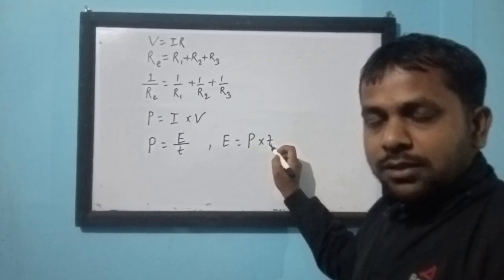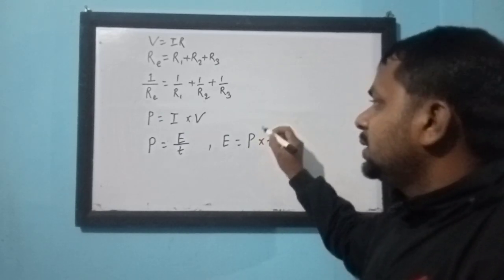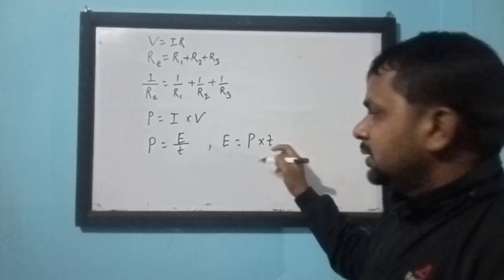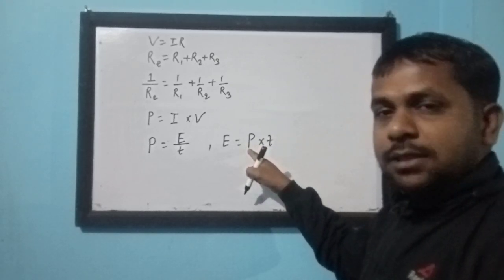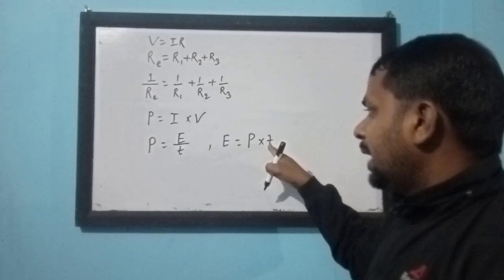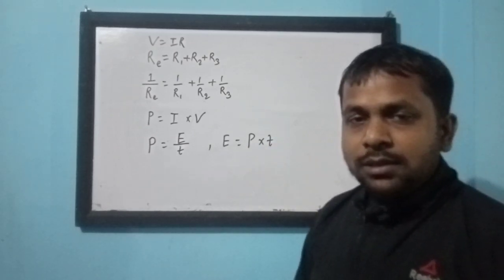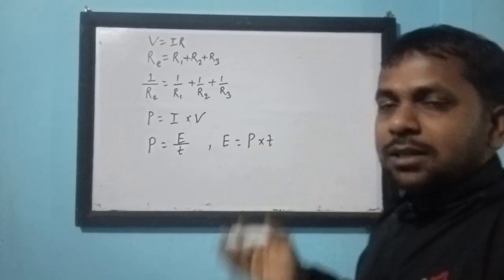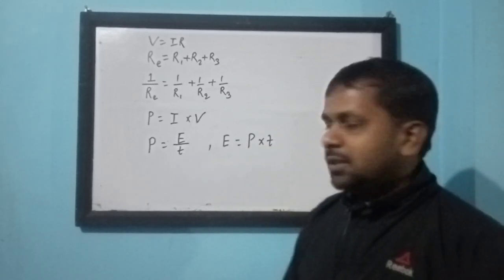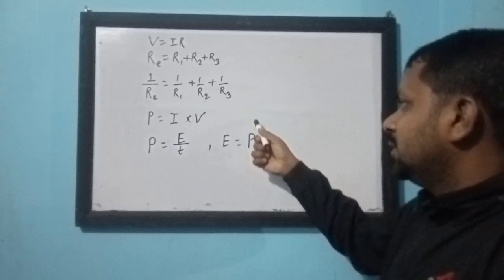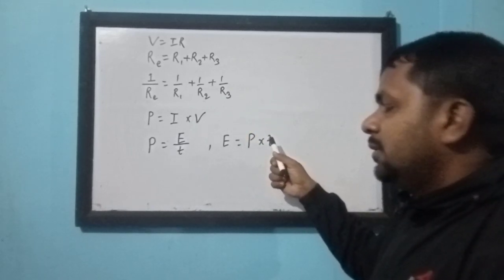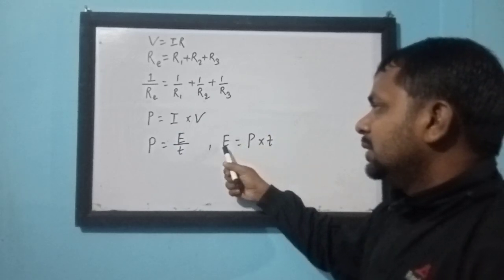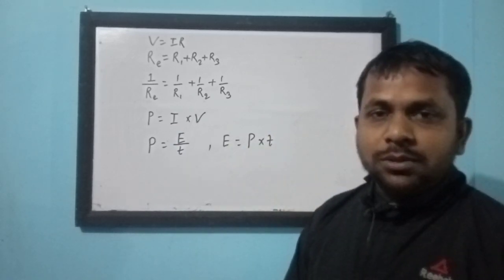instrument has run. Suppose a 60-watt bulb is running for 2 hours, then this power is 60, and the time is 2 hours. For this numerical we have to keep the time in hours. So if a 60-watt bulb is running for 2 hours, then simply 60 into 2, then we can find the electrical energy consumed in 2 hours. Okay,